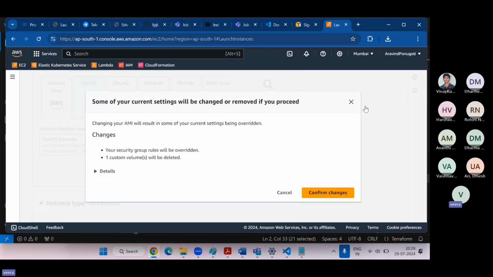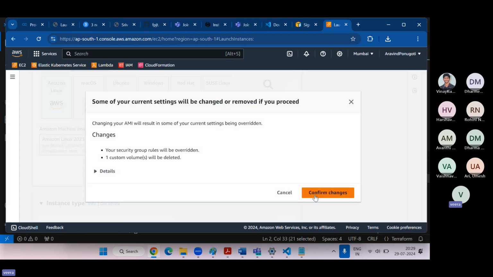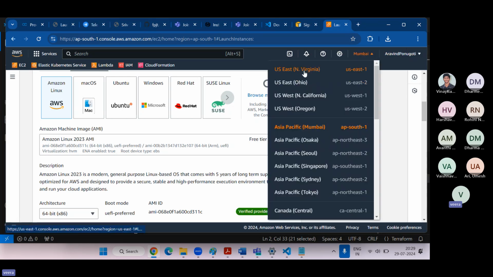Mac has a different ID. So based on the ID only, we are going to say, okay, Amazon. I mean, this ID is not the same for all Linux distributions, it's different. And even this ID will change for different regions, even for Amazon Linux. If I go to North Virginia,